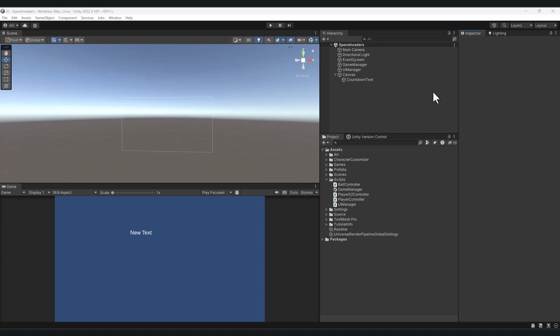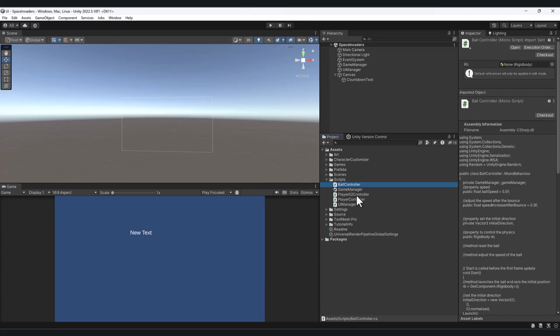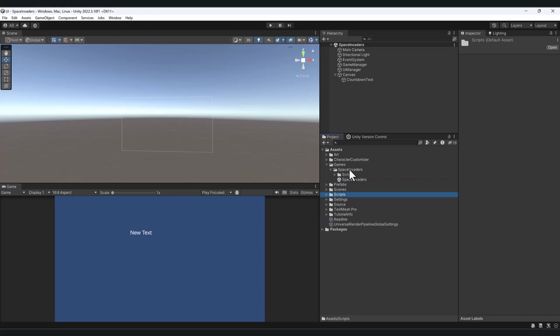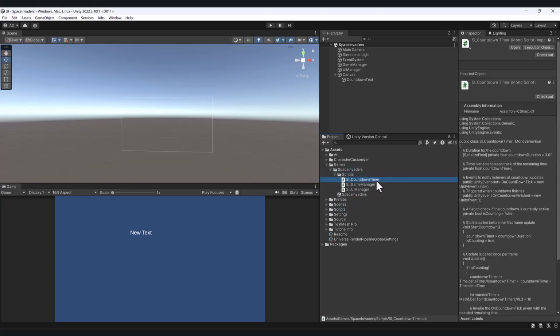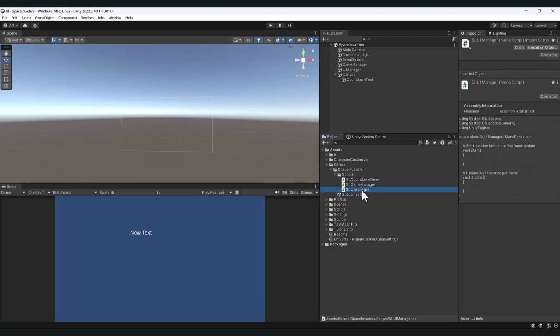All right, so just a quick recap of what we did last time. We have the ball controller script and all this other stuff from the Pong game. We made a games folder here to put our Space Invaders game in. And so we have scripts here: a countdown timer, game manager, and a UI manager. I think because we started already on the countdown timer, let's work on the UI manager, which is kind of